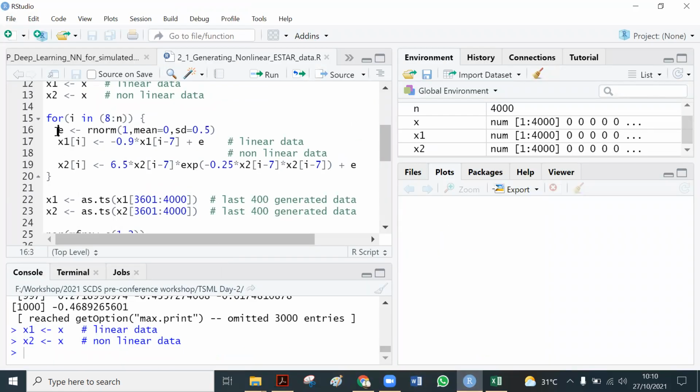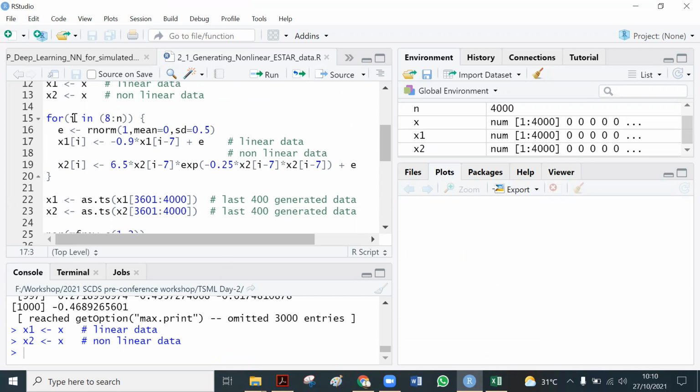First we generate the error following a normal distribution. We generate only one value, because for every single observation we generate one noise with mean equal to 0 and standard deviation equal to a half. And then we generate the linear process following xt.